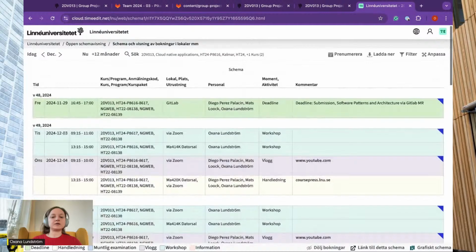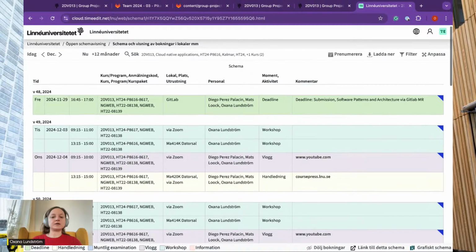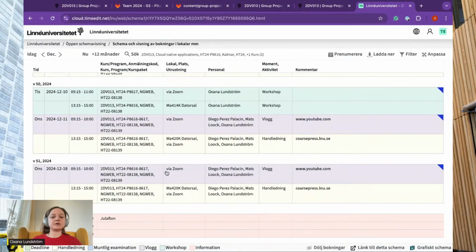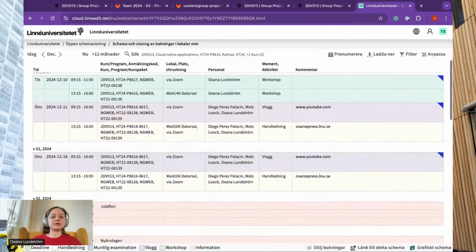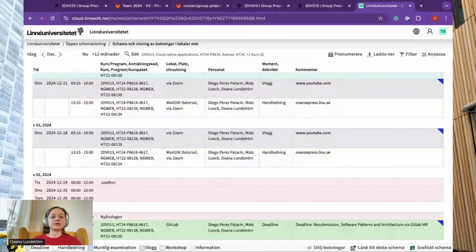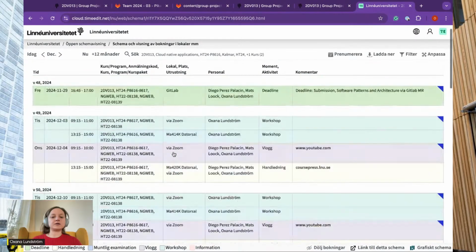If you look here, we have it. Where are we? Yeah, here are the 2 extra workshops. Workshop times on Tuesdays, and then we have 1, 2, 3 Wednesdays left. So Wednesdays will also be probably more or less structured in the next weeks.